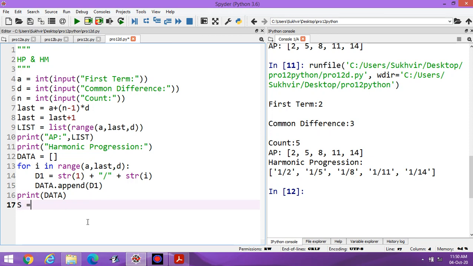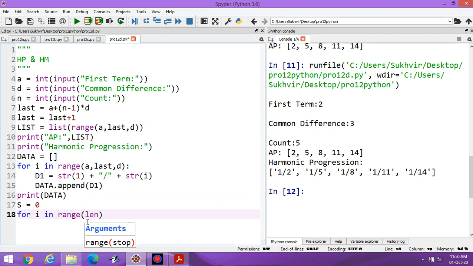For that, S is equal to 0, for i in range, length of the list, then S is equal to S plus 1 divided by list, then i.